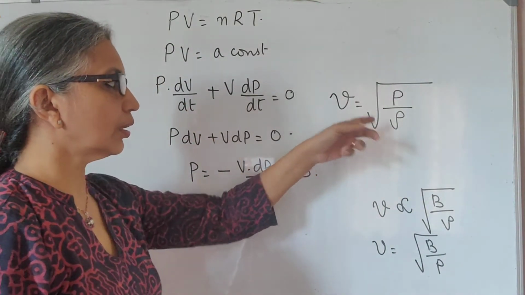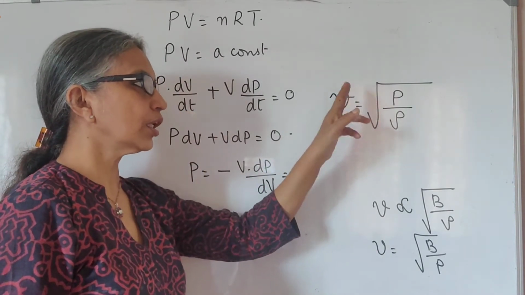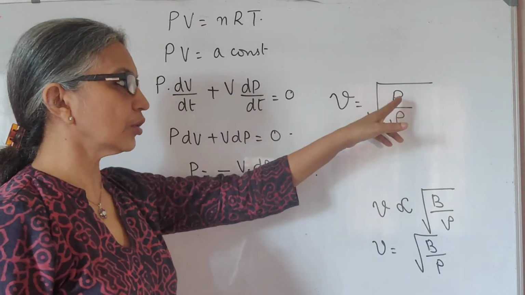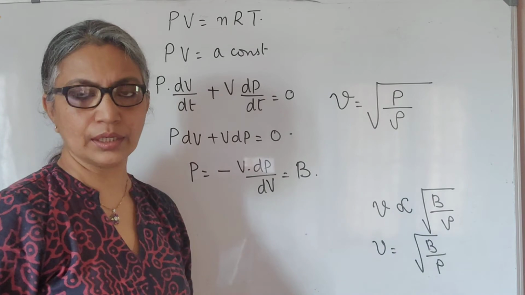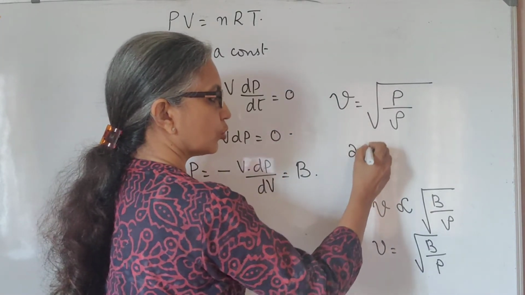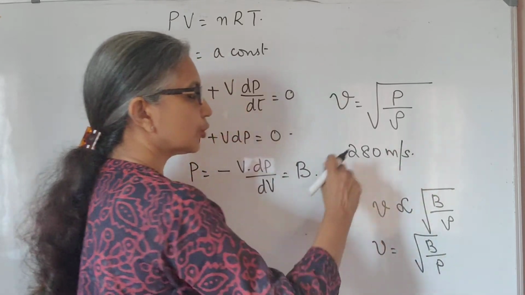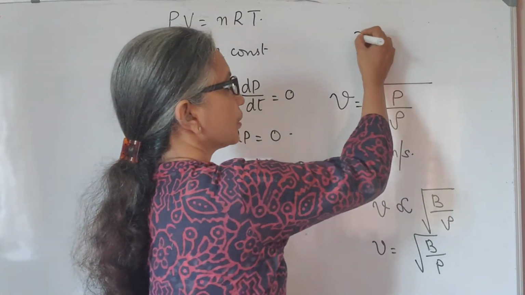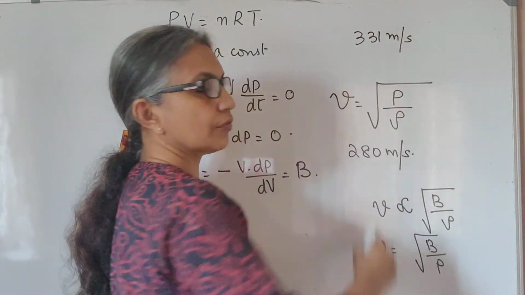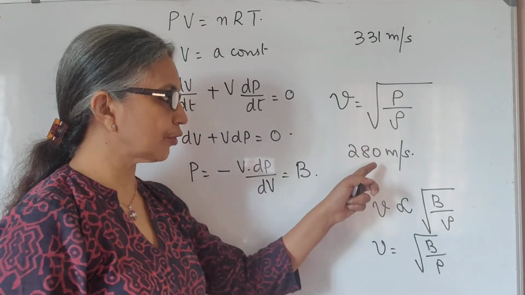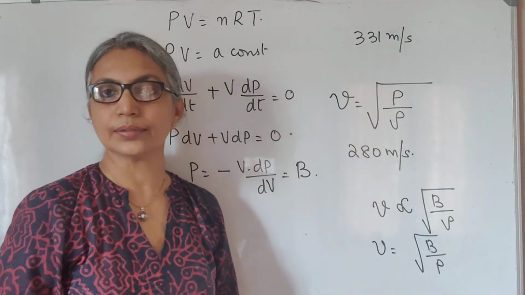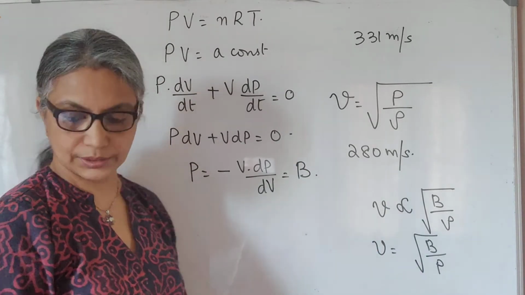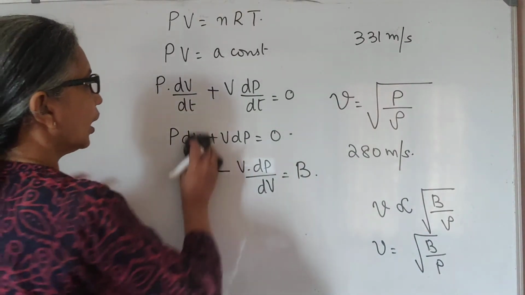Now here, P by rho, if you substitute the values of pressure and density of air at standard temperature and pressure, STP, the velocity of sound was calculated to be 280 meter per second, which is around 15% lesser than the actual experimental value. The experimental value is 331 meter per second, which is the velocity of sound in air. So using this formula, Newton's formula, we get 280 meter per second, which is lesser than the experimental value. So Laplace came forward